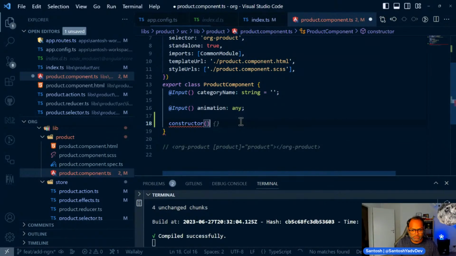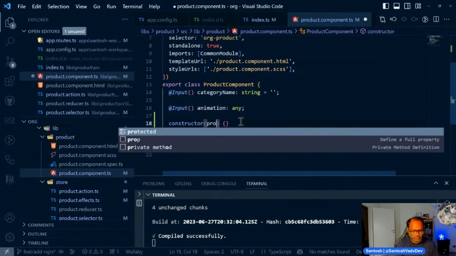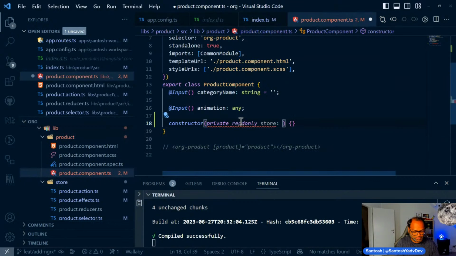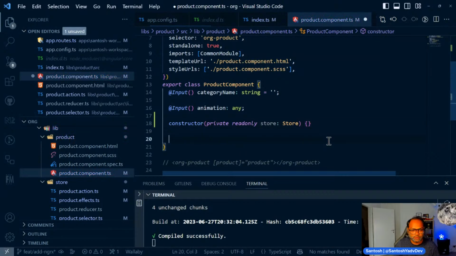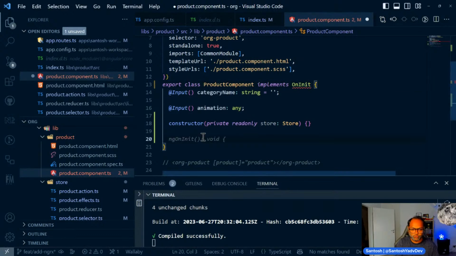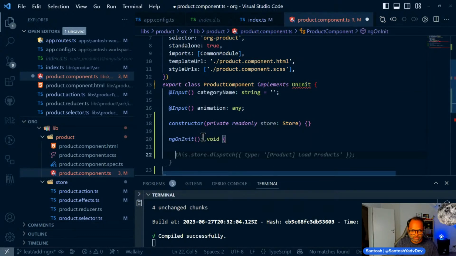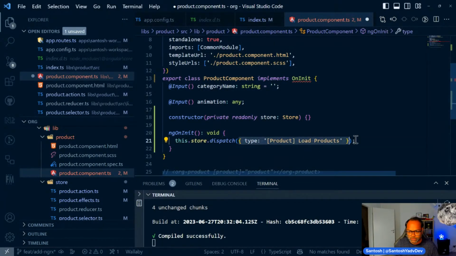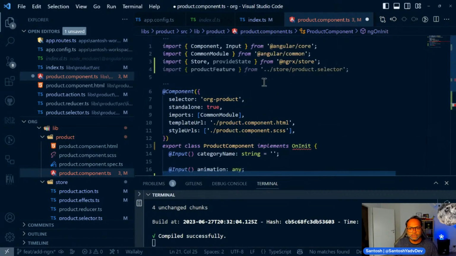So we need store, and this should come from NgRx store, and on ngOnInit, implements OnInit. We want to dispatch the action, which is load product. So here I think we can remove this, and let's import